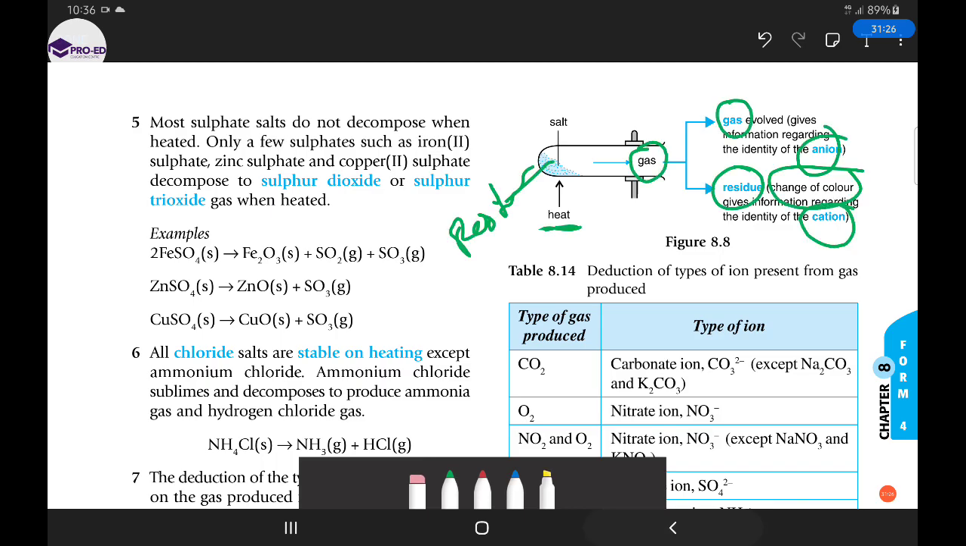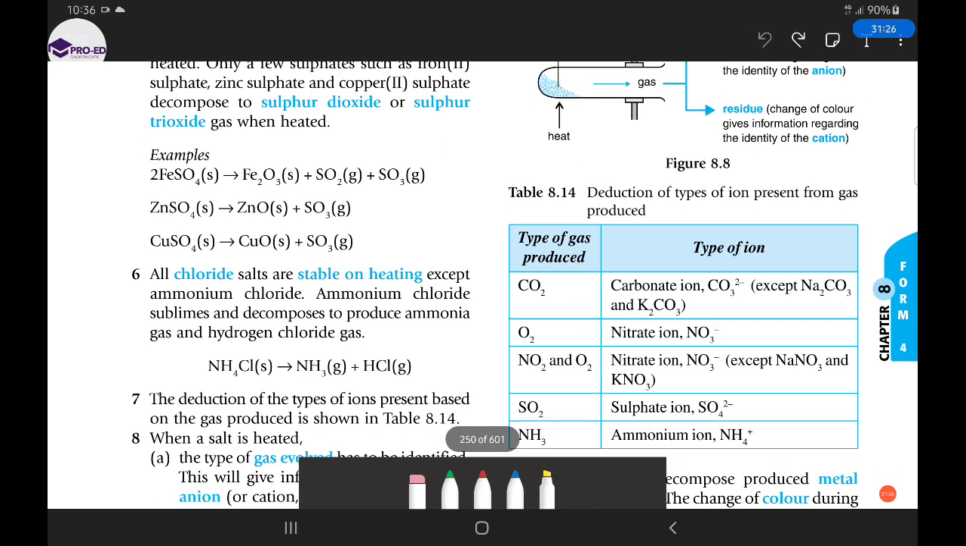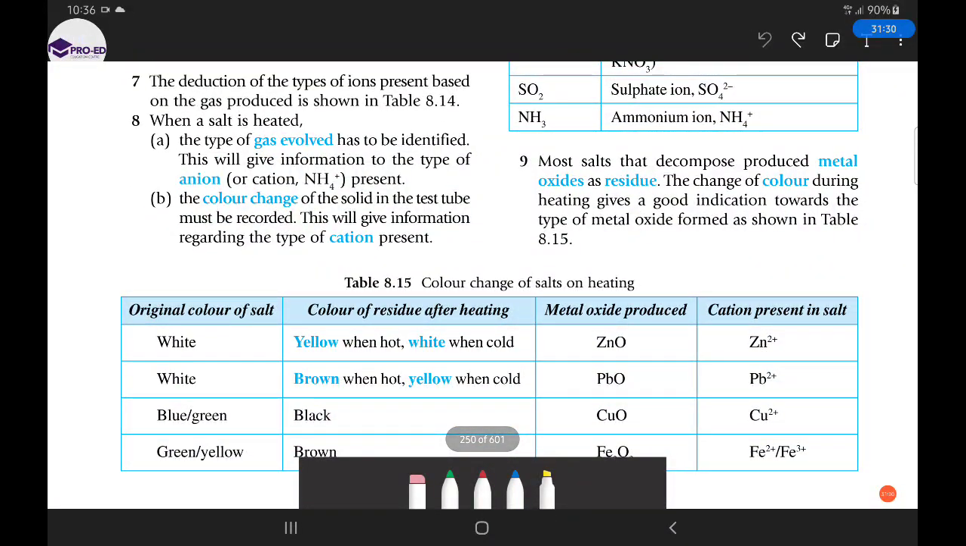All right, let's go to number 9. They said most salts that decompose produce metal oxides as residue. The change of color during heating gives a good indication towards the type of metal oxide formed, as shown in the table. Note, when you heat up a salt,